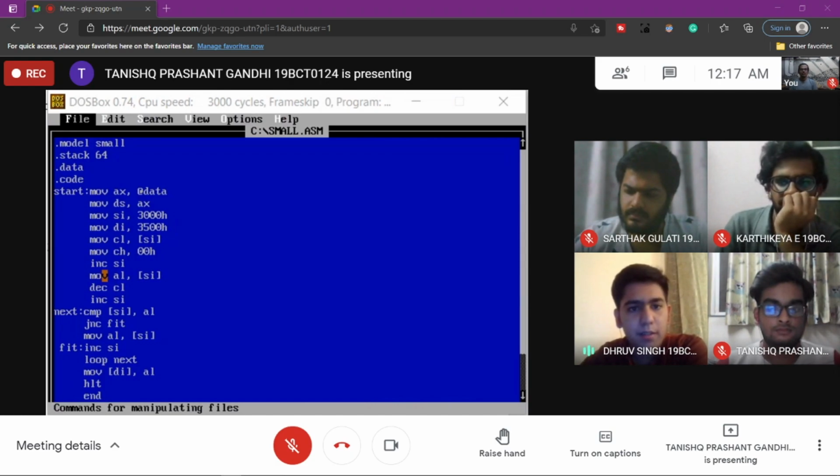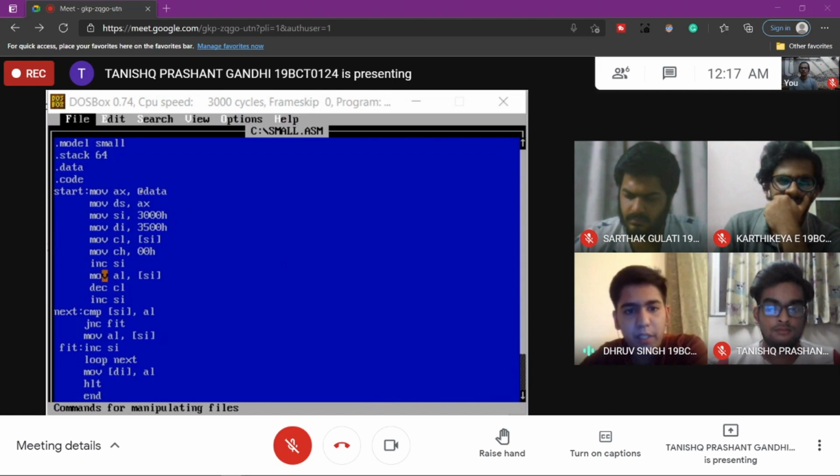Displacement or base address, that is 3000H, is stored in the source index using the command MOV SI, 3000H, and 3500 is stored in the destination index, where our result, that is the smallest number, is going to be stored. Now as we can see, using MOV CL, [SI], at address location 3000 we are giving the number of elements, which here will be 4, and which will be stored in CL, and we will be giving CH as 0.